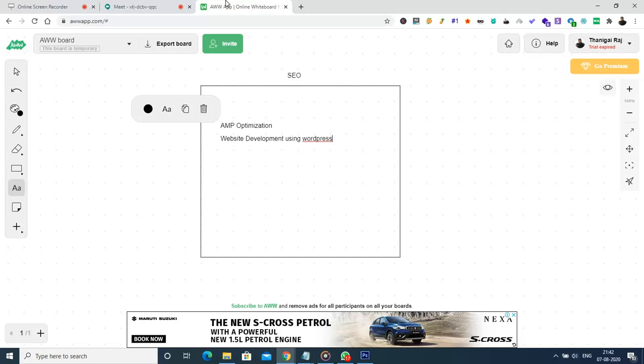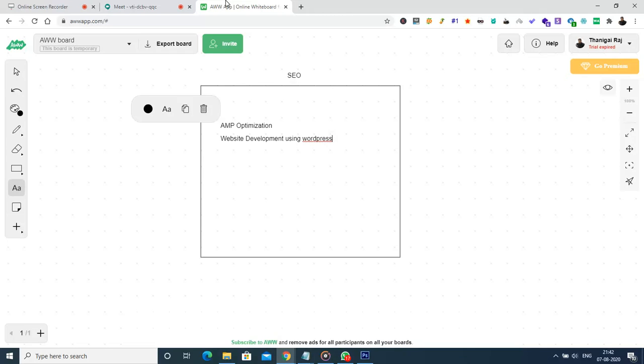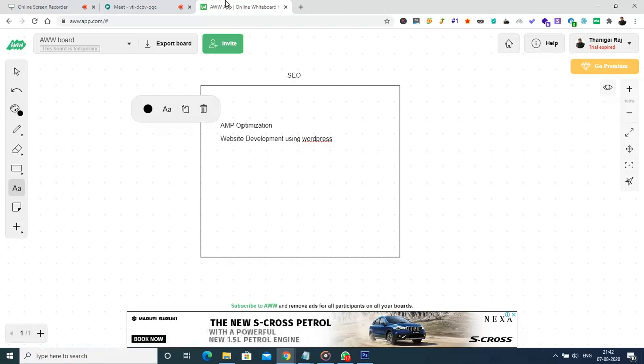Okay. Now today we are going to see two things. One thing is AMP optimization, which comes in the SEO part. So how to make a specific website specifically for mobile browsing. It's not a responsive website. I'm not talking about how the pages will be compressed for the mobile view. Right now I'm speaking about a page which has been specifically created for mobile applications, for the mobile platform. That is what we call AMP. AMP is usually beneficial for fast loading.